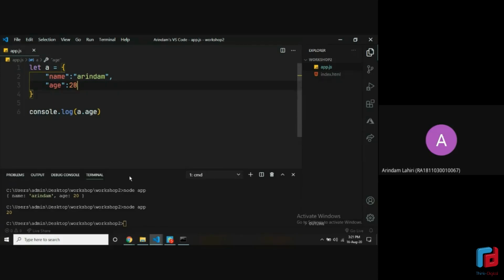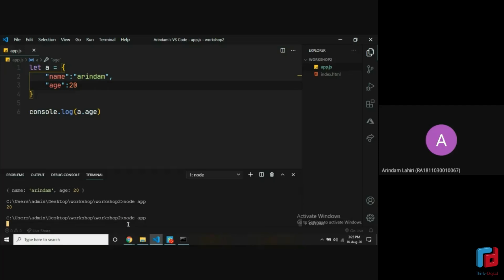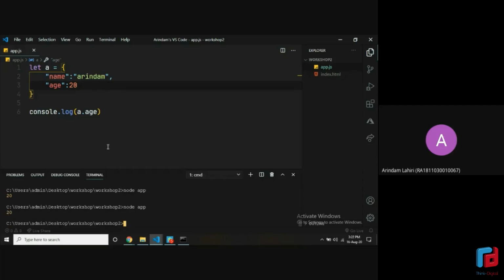One more command prompt tip, many of you might know this: if you're running the same command again and again, instead of typing it out, you can just hit the up arrow and it will take whatever last command you ran and run that. So that's a helpful tip. All right, let's move forward now.